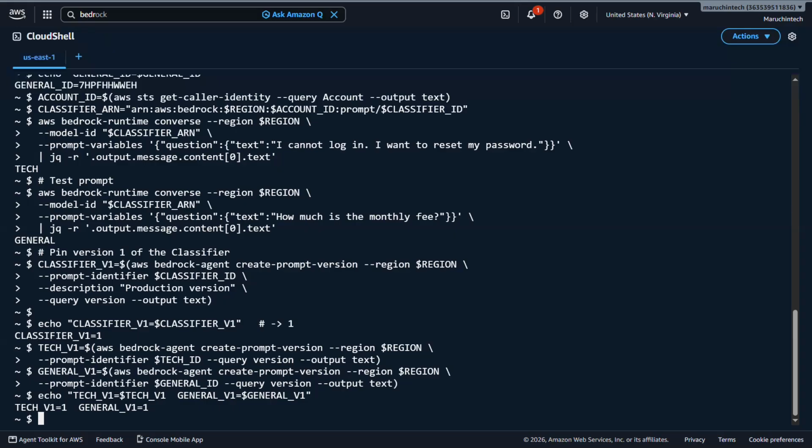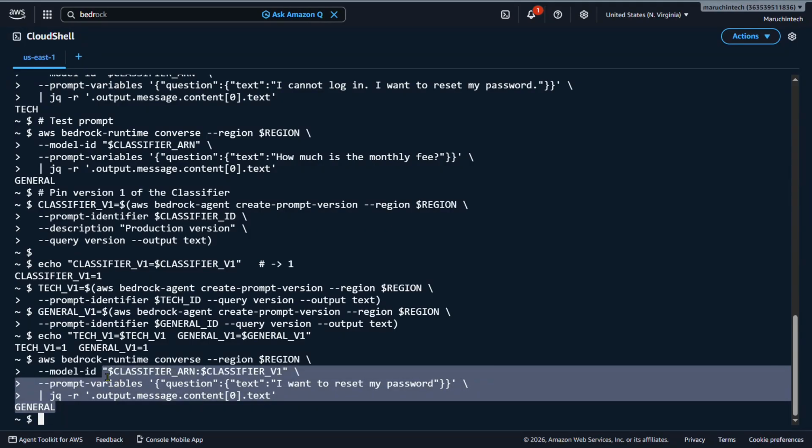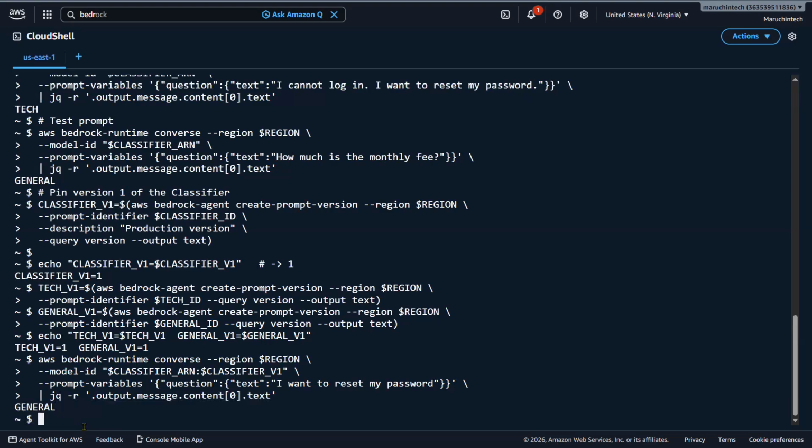So let's send the question to each version explicitly. The first one is with the AWS Bedrock runtime converse command against version 1 of the classifier. So I'm going to paste the command Bedrock runtime converse, and you can find the classifier version 1. And the question is, I want to reset my password. And this is a general question. And the next one is the test for